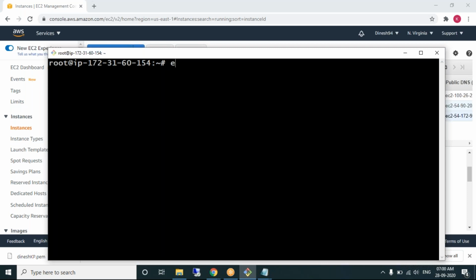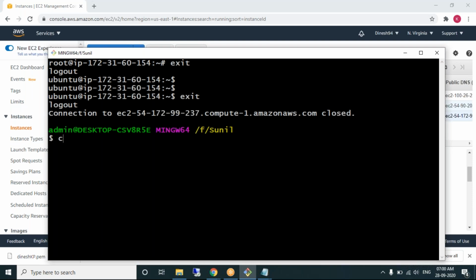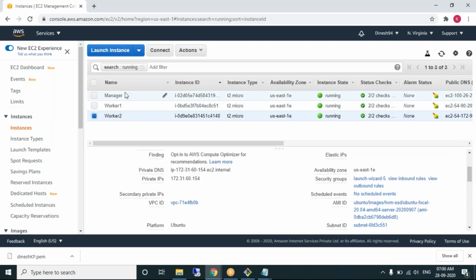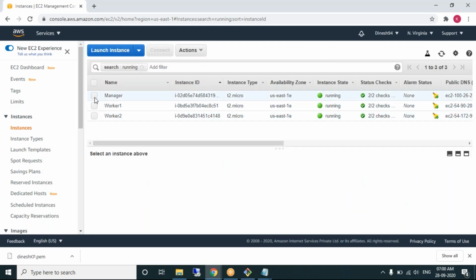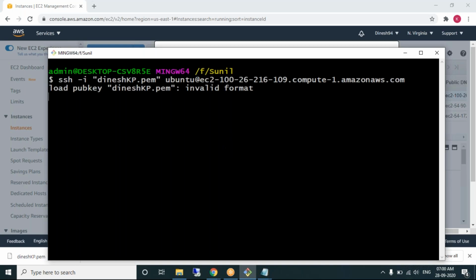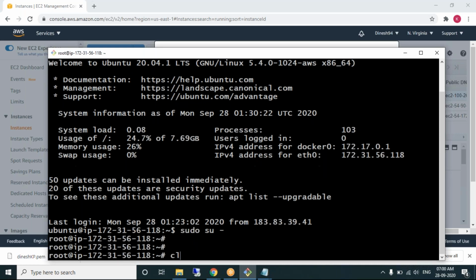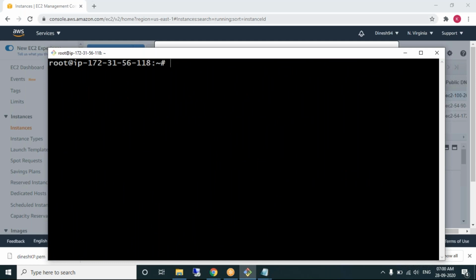I think Docker is installed in all the 3 machines, right? So I want to connect to the first machine. I want to change the prompt.